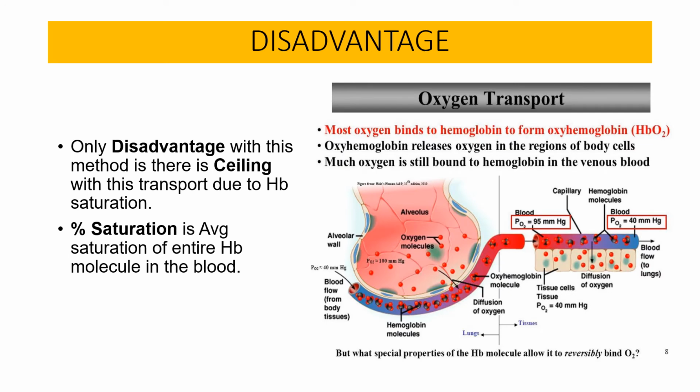Now, what is the disadvantage of this process of oxygen transport? In the previous form, in which the oxygen was transported by dissolving in plasma, only 2% is being transported in dissolved form. Why? Why is not the whole of the oxygen required by our tissues transported in dissolved form? What is the requirement of this hemoglobin system?